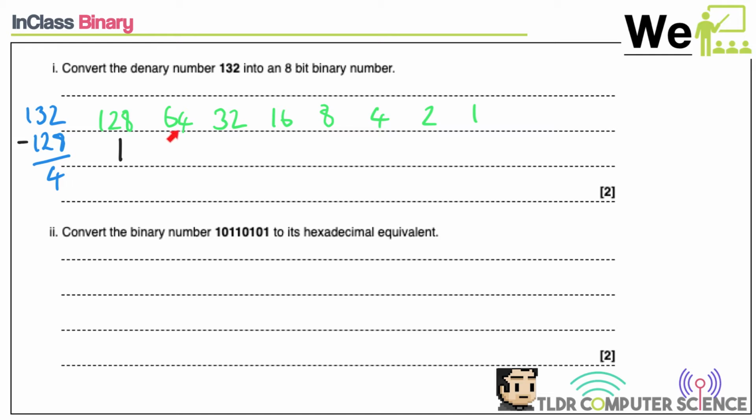And as we go along, we'll say, can 64 fit into 4? No, no, no, no. And of course, because it's binary, we'll record that as zeros. When we get to 4, it will fit in, leaving us with nothing. And there we go. Now, for the hexadecimal question, what we want to do is recognize that